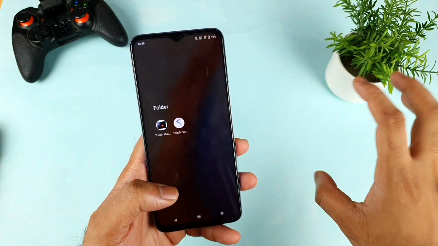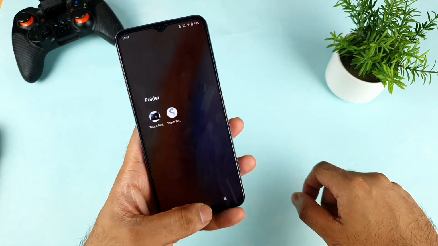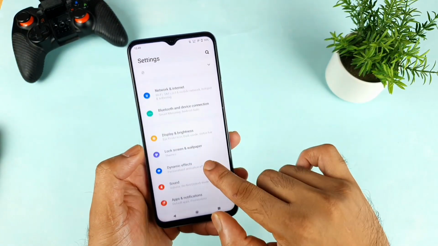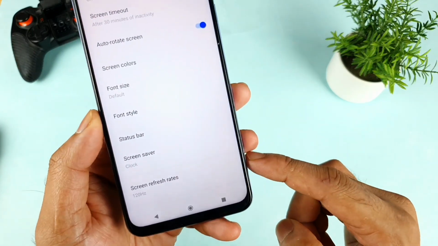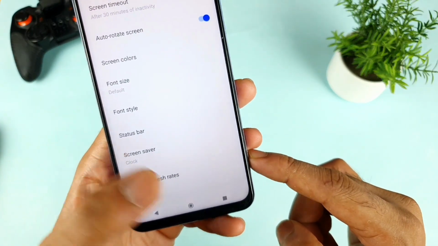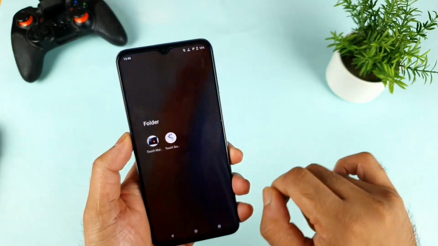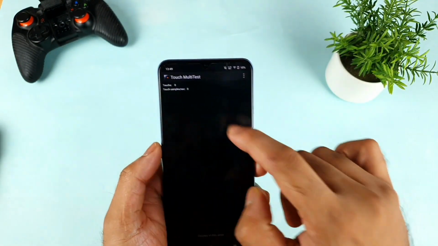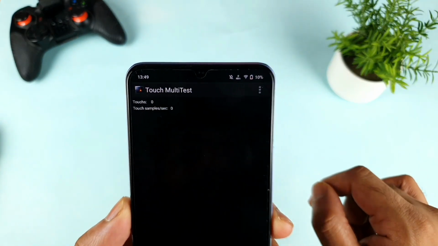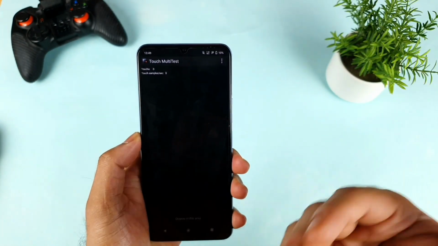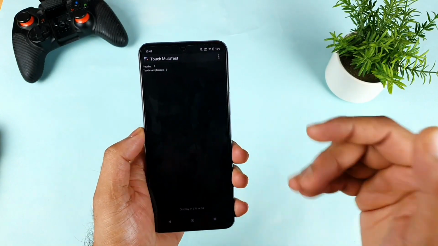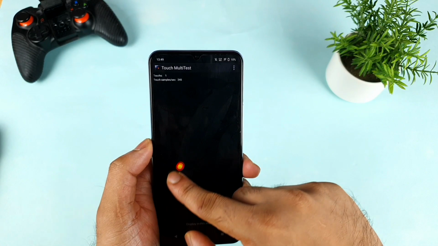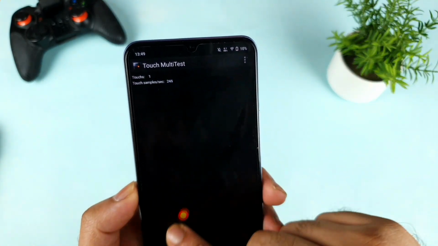So that is what I'm going to test by using these two applications which I installed. Before that, let me show you exactly what refresh rate I'm using during this demonstration. As you can see friends, right now I'm using a 120 Hz refresh rate. Let me go back and open the first application. Let's see how much touch sampling rate we can expect with this application called Touch Multi-Test, which is available in the Play Store. If you want, you can download it and test even on your smartphone as well. Let me quickly move the finger. As you can see friends, right now I'm getting about 240 Hz.